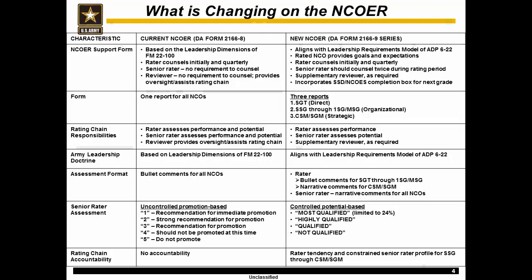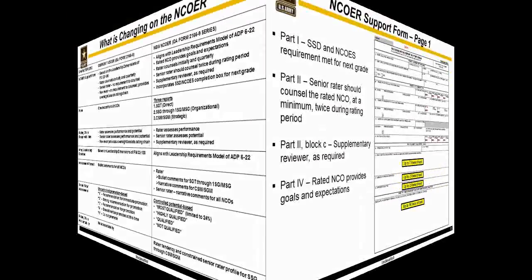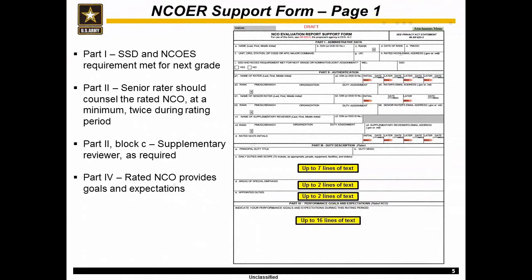The new NCOER is designed to reduce inflation, and this will be accomplished through the controlled potential-based senior rater assessment and also by incorporating a rater tendency label and a managed senior rater profile for staff sergeants through command sergeants major and sergeants major. As I mentioned on the previous slide, DA Form